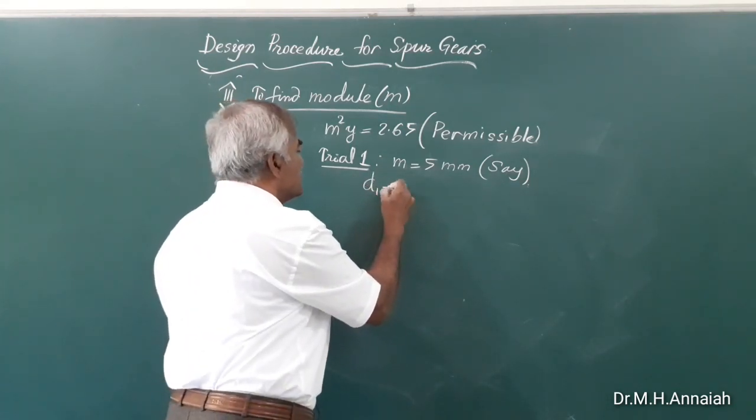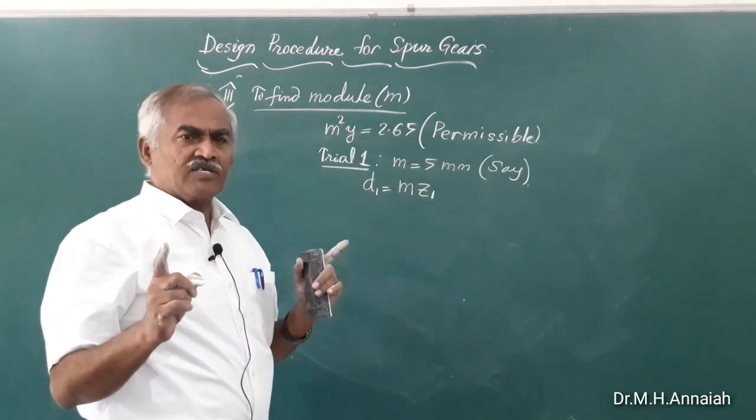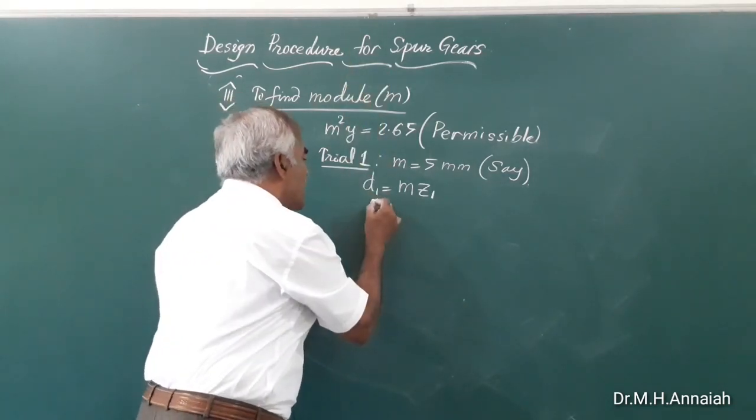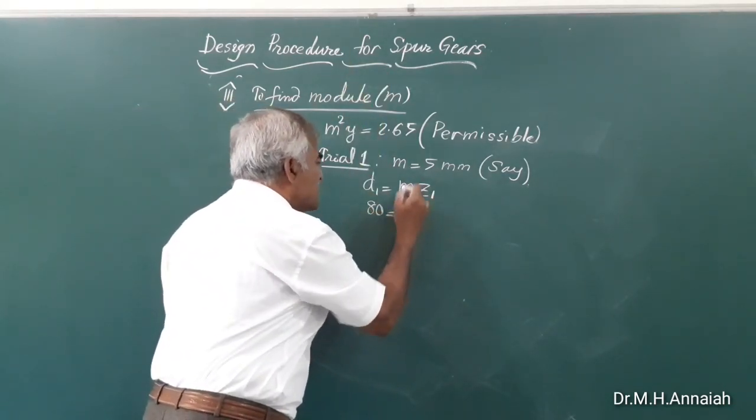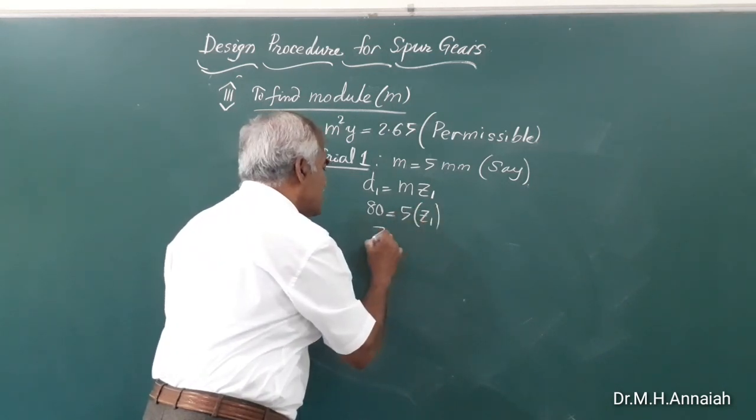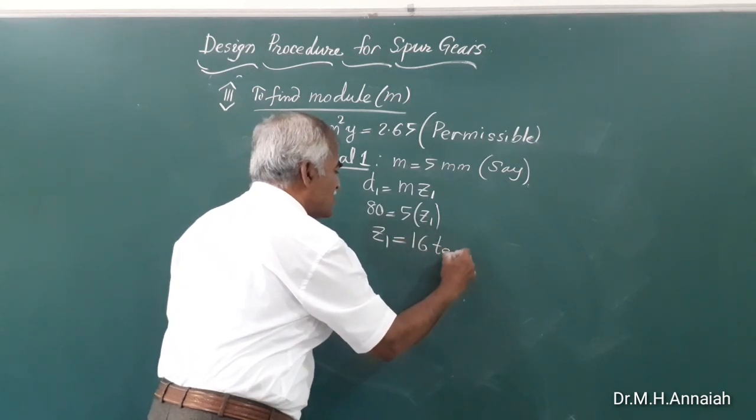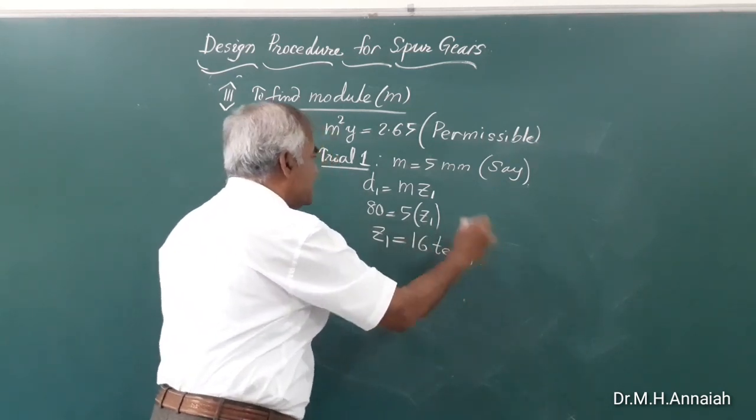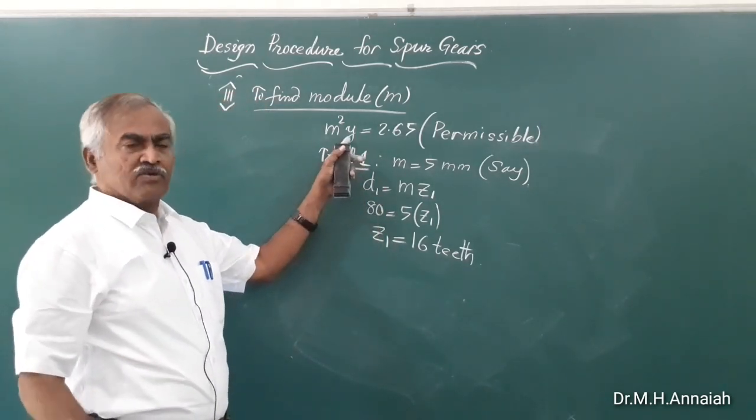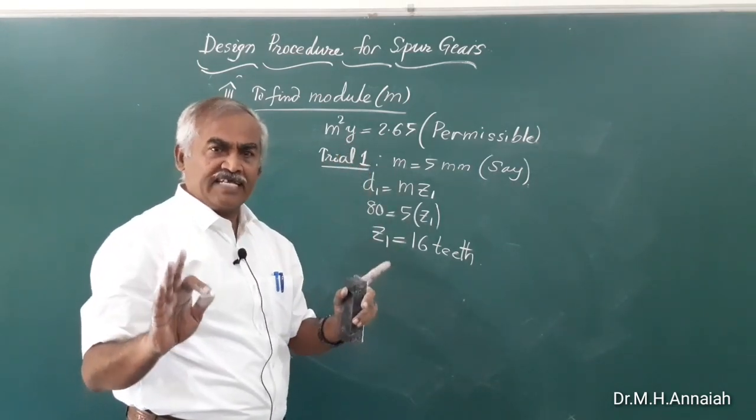So, d1 is equal to mz1. At the beginning of the session I told you this diameter is known in this problem as 80 mm. So, this I have taken as 5 mm, this is z1. So, this z1 works out to 16 teeth. So, the pinion will have 16 teeth. Why I am doing all this? Just to find out y, because you know very well this y depends on the number of teeth on the